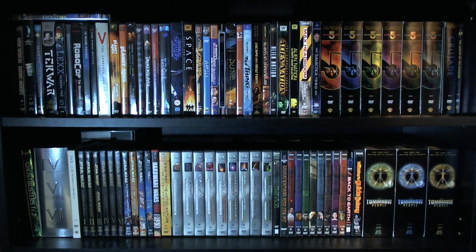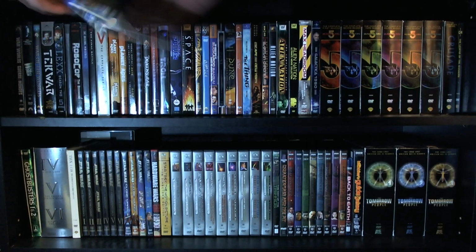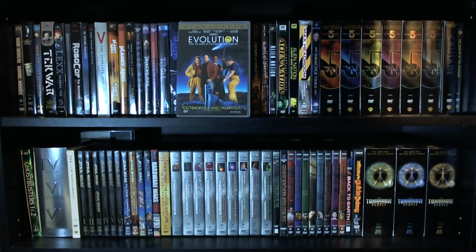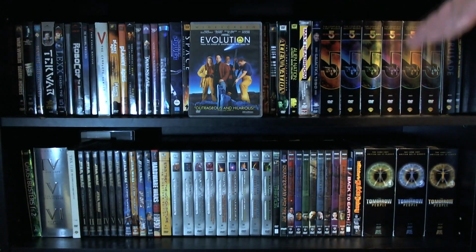Alrighty, so here we have the sci-fi collection. Quite a lot of big series, like some TV shows and some movie series and whatnot. So let's take a look here. We'll start over here. Actually, the one on top here, of course, is Evolution, which is a great little sci-fi parody, or at least